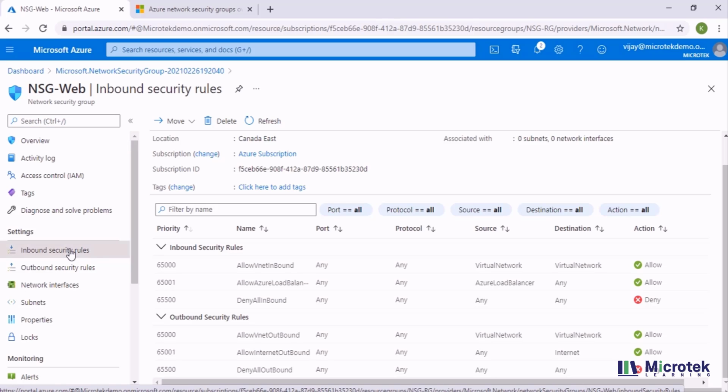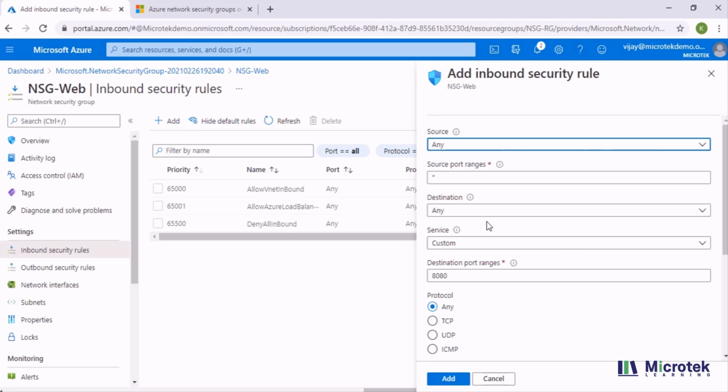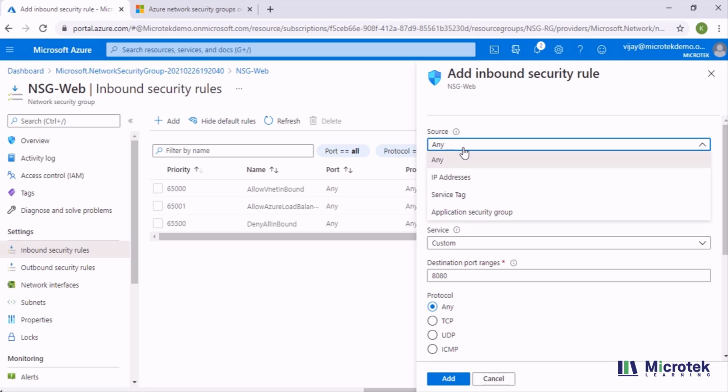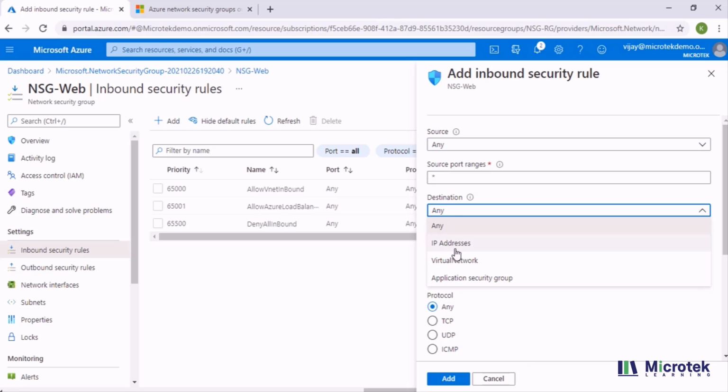So let me go to the inbound security rules and create an inbound security rule. My intention is to create a security rule so that anyone from the internet should be able to RDP to my VM. If you see the source, we have 4 options in this: application security group, service tag, IP addresses and any. When I specify anyone from the internet, any IP address with any source port, for the destination I'm just going to specify